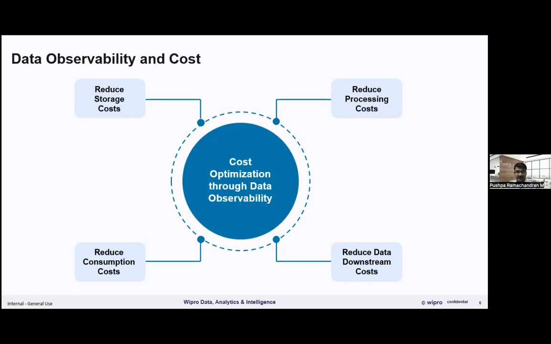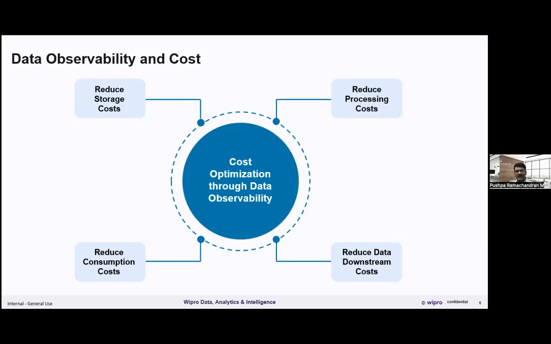Now let us look at the other side of the story on the cost that we wanted to talk about. To support the need of data-driven decisioning powering the business, today's data landscape has many architectural constructs and a number of layers of data, right? For example, if you look at a typical bank's data estate, they have at least 3 zones of data: a bank-wide landing zone, a standardized zone, as well as a curated zone from which users can start consuming the data. And of course, there are business-specific data zones as well, like a payment data store or a compliance data store, right? On top of these enterprise data stores.